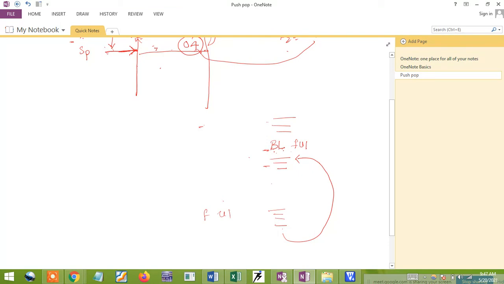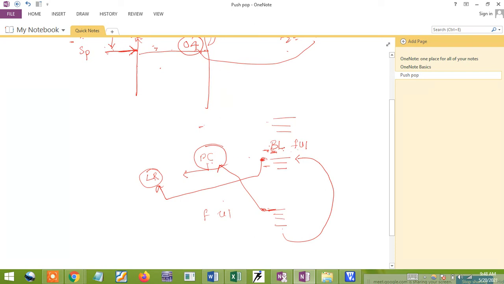That is the intention. But remember, when BL comes, my program counter has the next executable address. So when BL comes, the program counter value is copied to the link register. The link register has the next executable instruction address, and this address will be stored in my link register. Next the program counter will be updated with the address of the subroutine's first instruction.